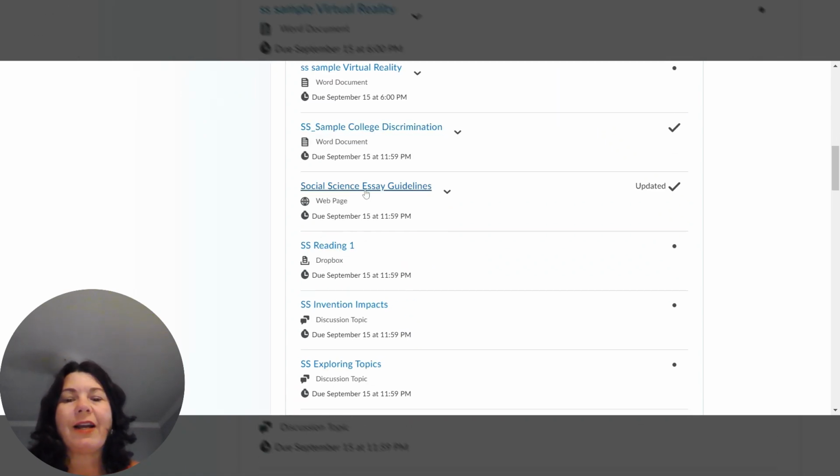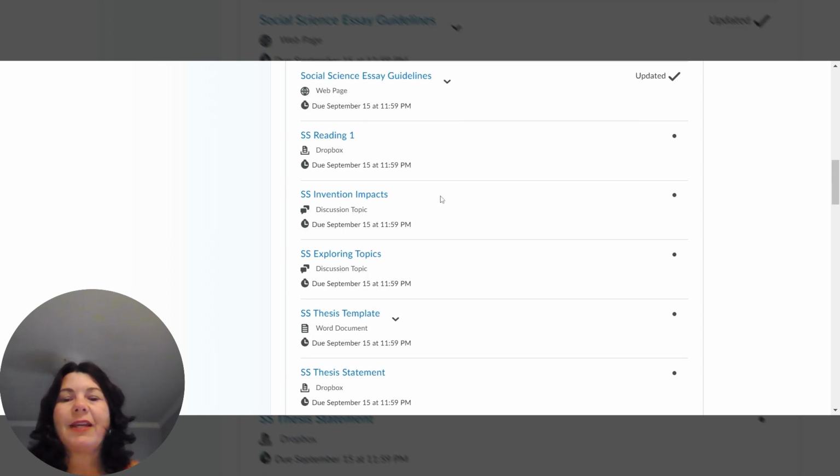Then you have the guidelines. Just like last unit, you also have a reading assignment and a response. Then there is a discussion forum. Please remember with discussion forums that you are supposed to post and respond to at least one peer. That is the entire objective of a discussion forum, is that it takes the place of a conversation that would have been happening in school or in the classroom. So please make sure that in discussion forums you are responding to at least one peer.